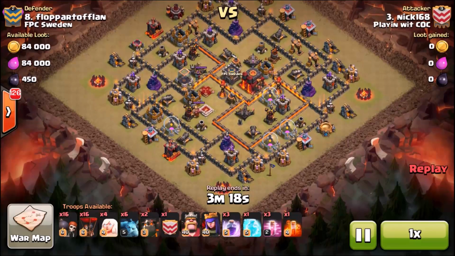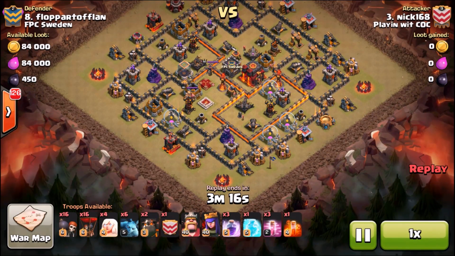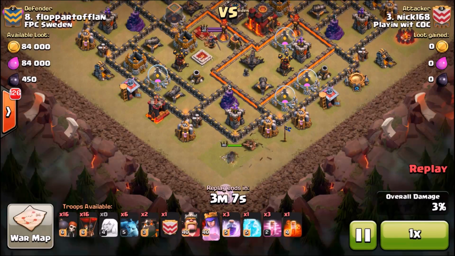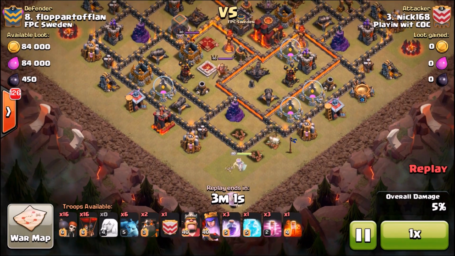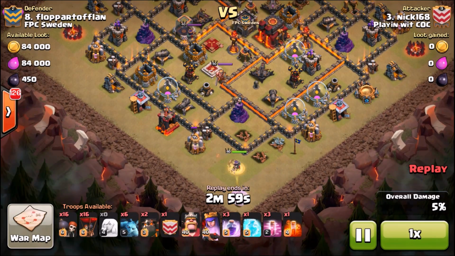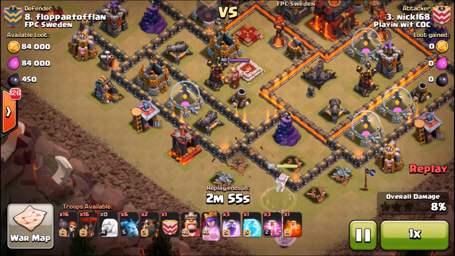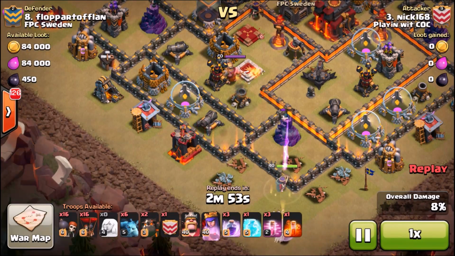Nick's doing that queen walk where she goes into and then back out of the base, a strategy I'm just absolutely in love with. I want to upgrade to Town Hall 10 just so I can start playing with that. She's going to move to her left, and then he's going to wall break open this long compartment here. Allows her to step a little bit closer and lock onto that